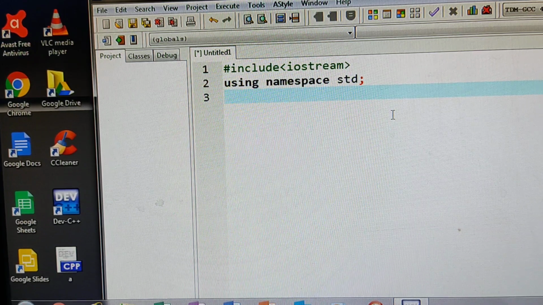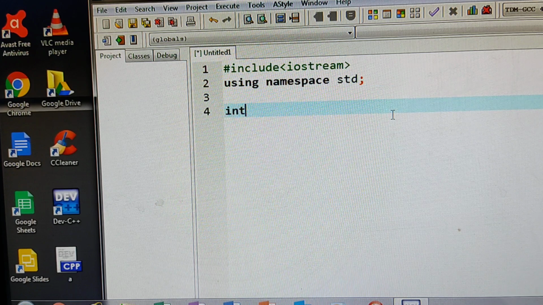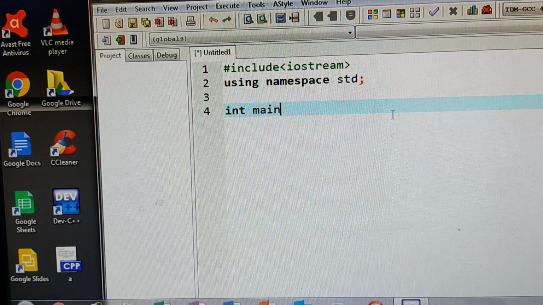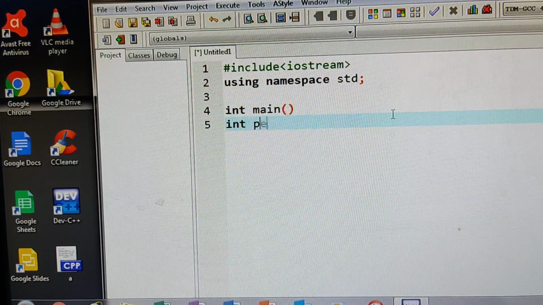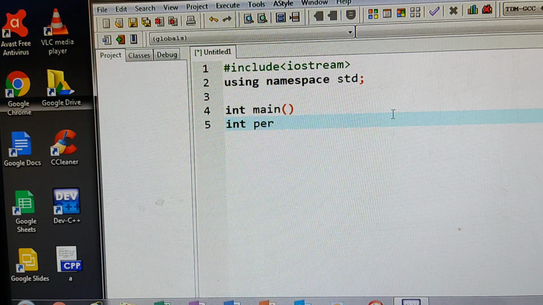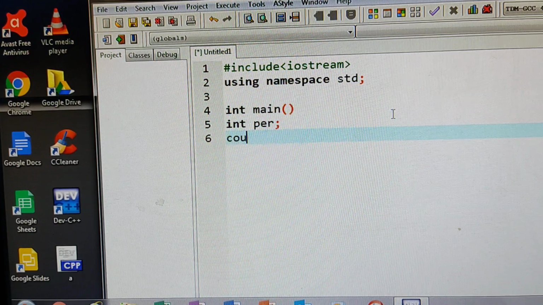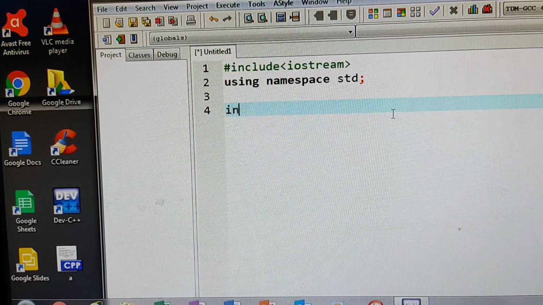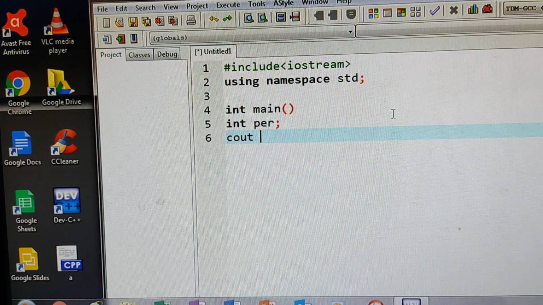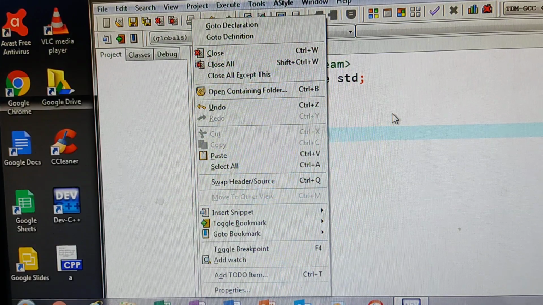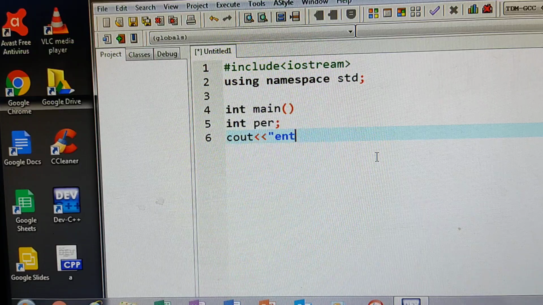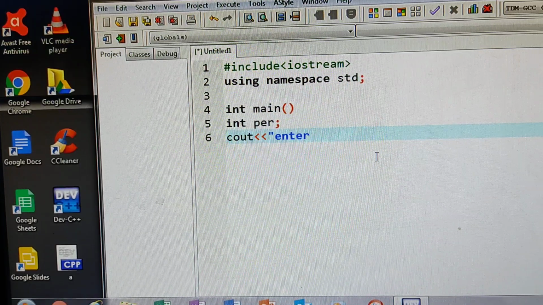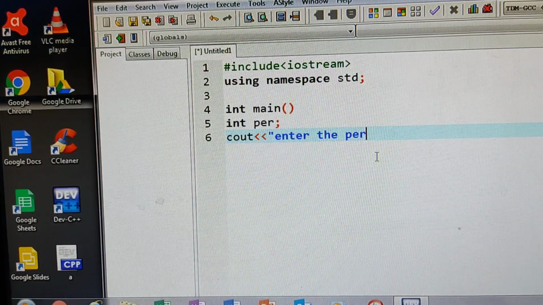Now, after that, I am giving the main function, int main. Next, I am declaring one variable, percentage. Now I am giving a prompt to the user: cout, enter the percentage.